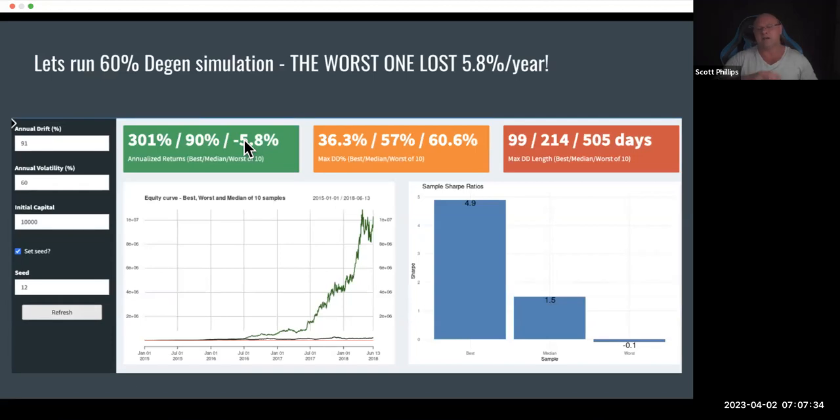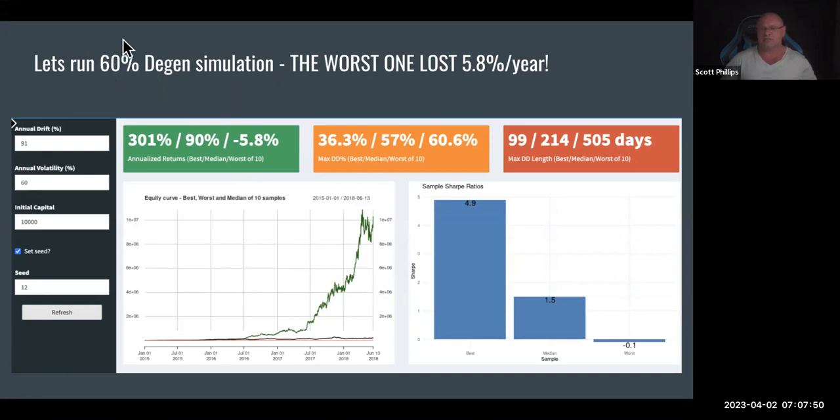And you can see that none of our previous simulations, and each one of those pages that I've shown you is 10 random simulations. So out of what? 1, 2, 3, 4, 5, 6, 7. Out of 70 simulations so far, none of them have lost money until we got to 60%. So 60% is where, oh no, you're taking a very real risk of losing money.